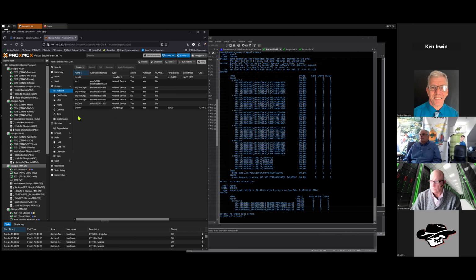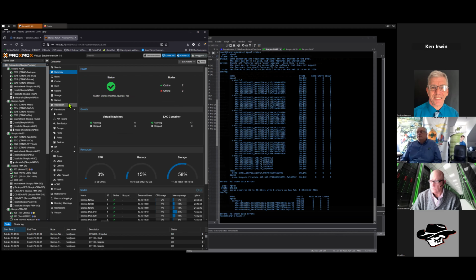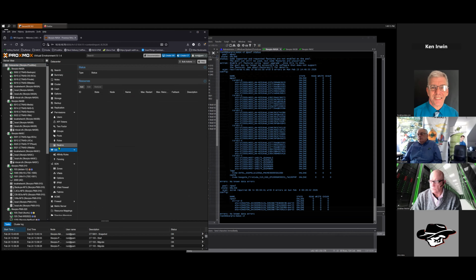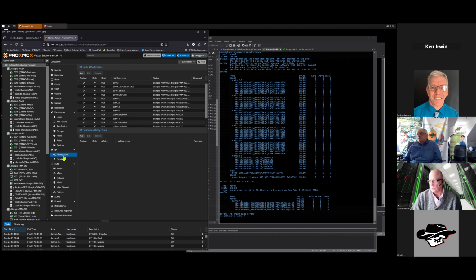So let's get into affinity. We touched on it already. If we go up to data center and go to our HA and look at our affinity rules, remember when we moved that CT 103 from one node to another, from 010 to 020?